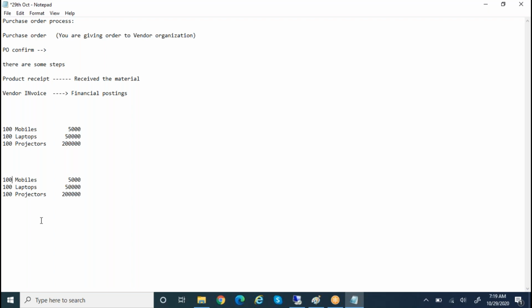Yeah, first we need to select the vendors, right? So I have chosen already a good vendor. He is giving the best price. No issues. He is giving best price. That is fine. But these items are correct or wrong? I believe the items are not correct. Okay. Then, because you are a clerk, tell me how many mobiles you will purchase, how many laptops you will purchase, how many projectors you are purchasing.